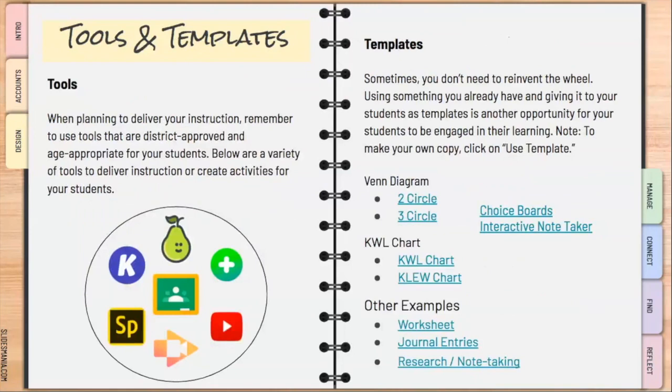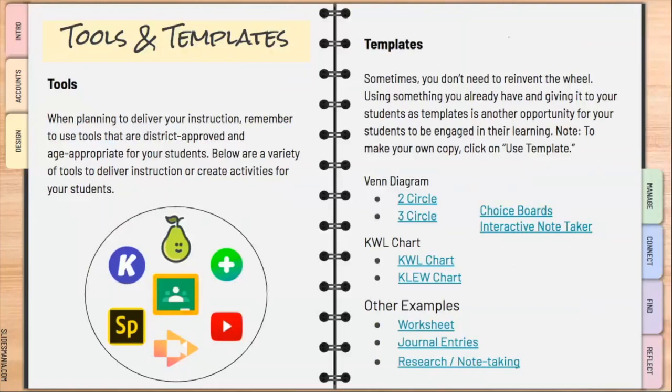Once you think about how you're going to design your lesson, whether it's based on synchronous or asynchronous activities, and once you begin thinking about the types of activities that you're going to have in your classroom, whether they are individual or collaborative, then you want to begin thinking about the tools.